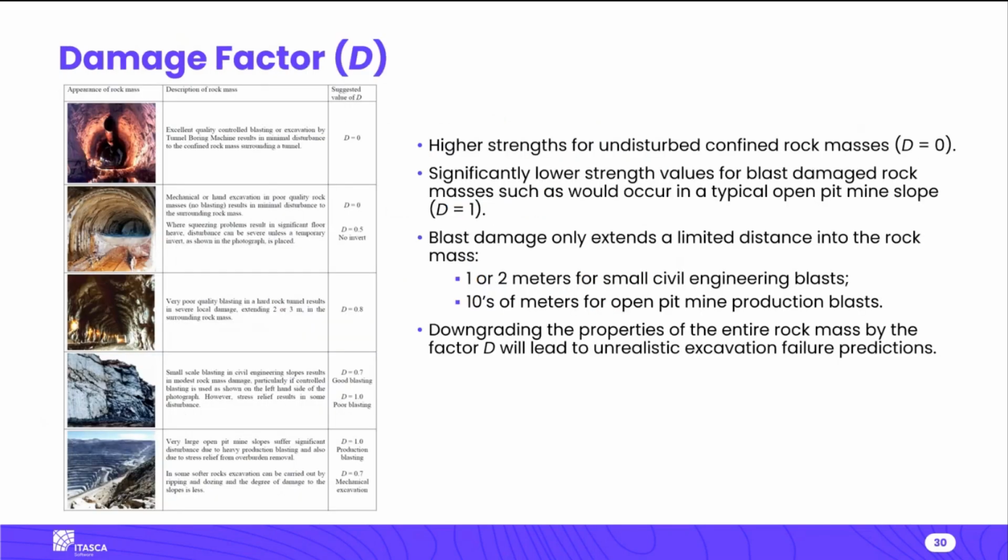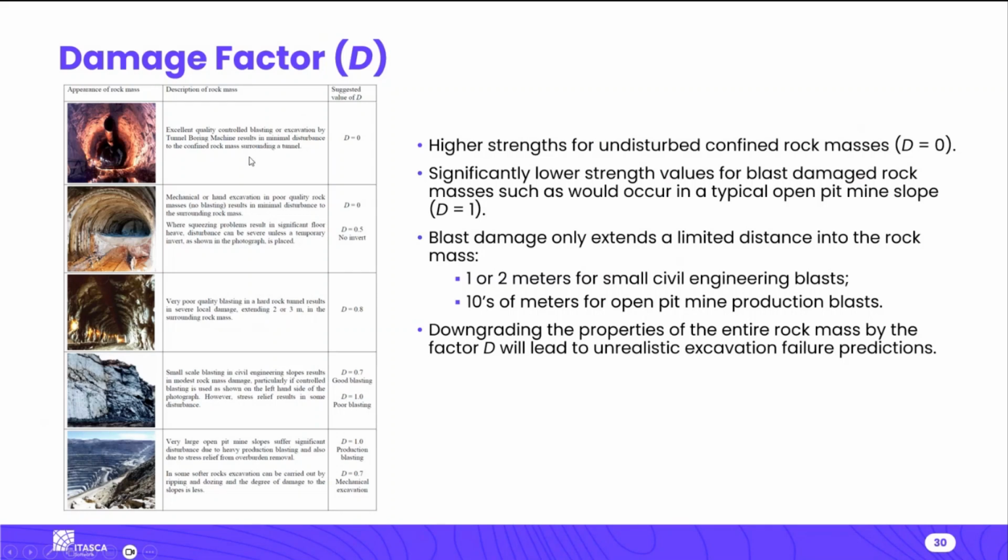As mentioned, there's this other parameter, the damage factor. This just allows you to scale the strength and the stiffness to account for the fact that there may be damage in the rock, usually due to blasting or possibly unloading, if it's like an open pit or something like that. So you can assume that, far away from the surface, or maybe you did a TBM tunnel or something like that, where there isn't a lot of damage on the surface, the D value is 0. That's the default,